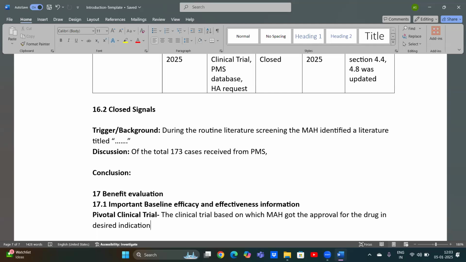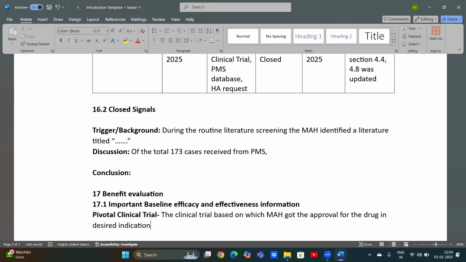Sir, in short, whatever we submit at the time of NDA will go under pivotal clinical trial. Yes, you can say that also. But the simple thing to understand is that the clinical trial data I am submitting during NDA is the pivotal clinical trial. In simpler language, the clinical trial you conducted, based on whose data you are asking for approval to market,